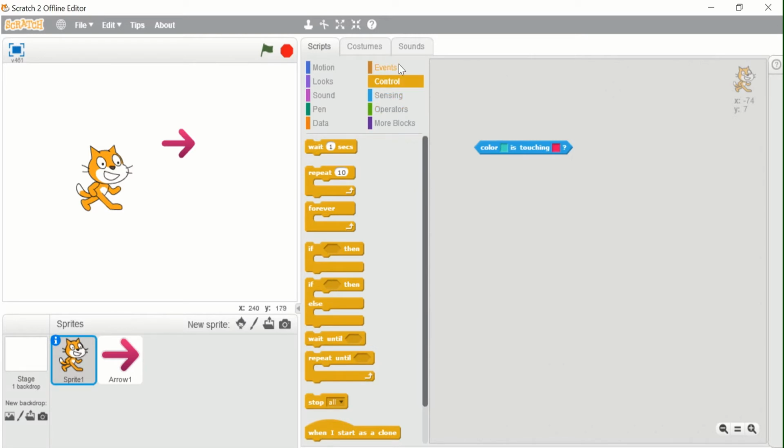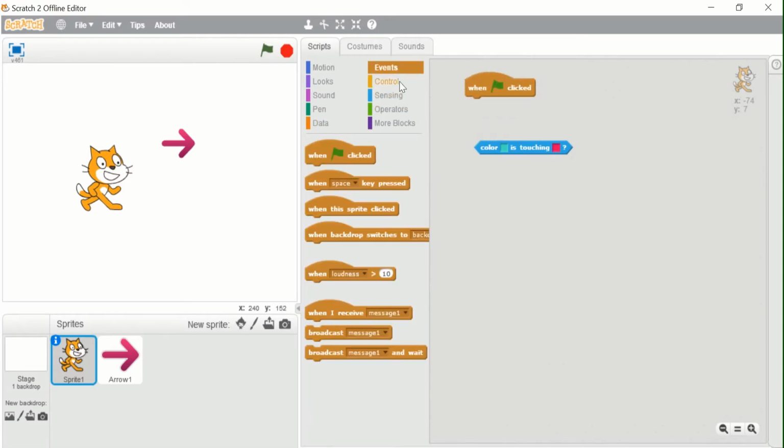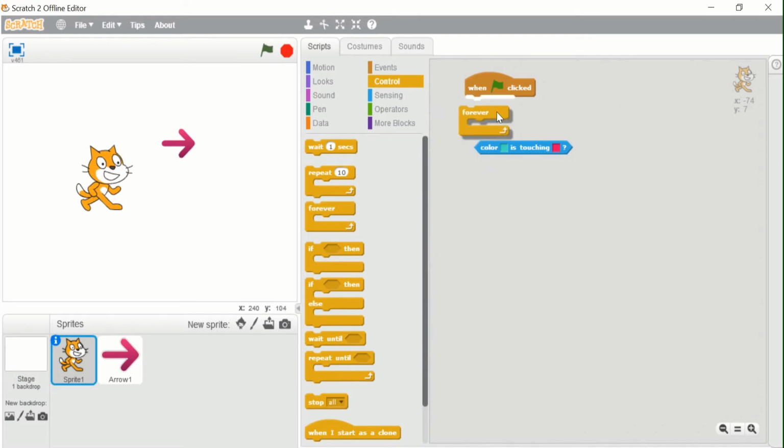So I'll make it: when flag clicked, forever, if color, this orange one, is touching this color, it is already there. Wait, I'll put it again. This color, this.